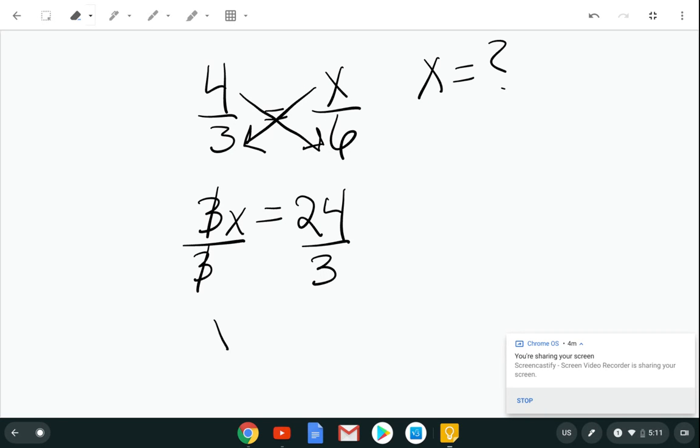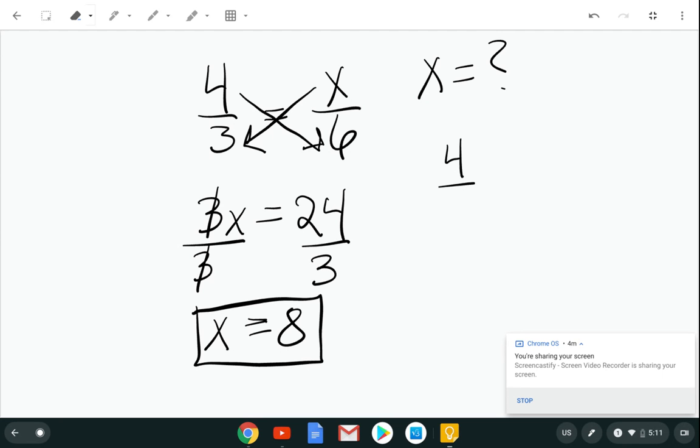And then 24 divided by 3. If you have a calculator with you, I want you to type that in. 24 divided by 3. And you get 8. All right, that's one way that you can figure out what x is equal to. Another way, which I showed you how to do in class, let's set up the same problem over here. You can cross multiply and then